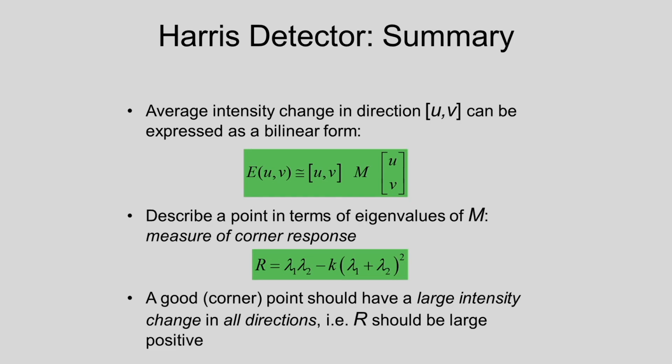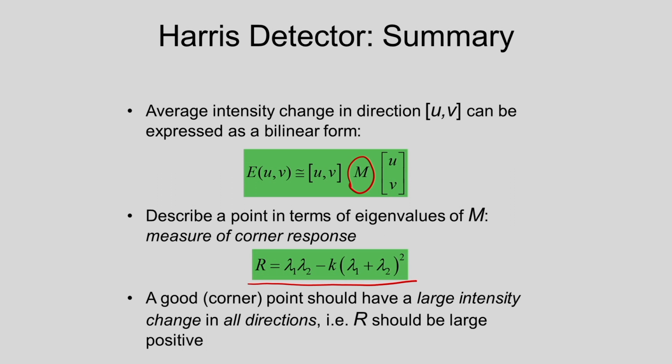So the Harris corner detector, the summary is I have to determine the matrix M, that is important. So matrix M I can compute from the image gradients, and from this matrix I can determine the corner response. The corner response is nothing but lambda 1 into lambda 2 minus k times (lambda 1 plus lambda 2) whole square, that is the corner response. So lambda 1 and lambda 2 are the eigenvalues of the matrix M. So I am considering the matrix M, and corresponding to the matrix M I am determining the eigenvalues. So eigenvalues are lambda 1 and lambda 2.